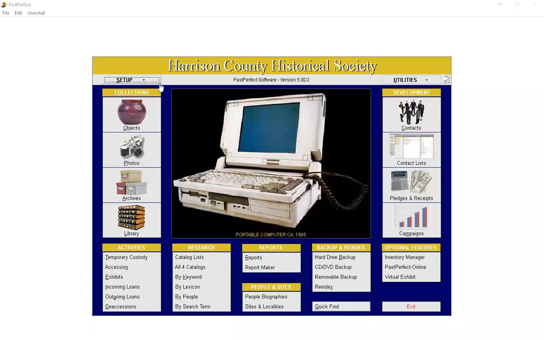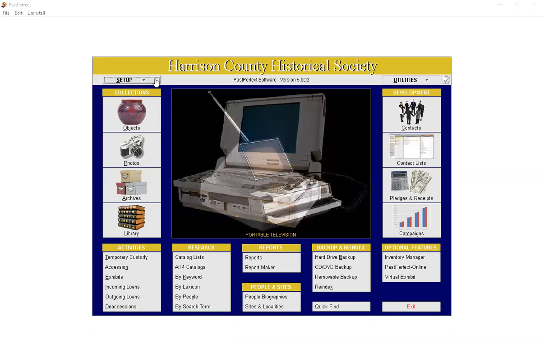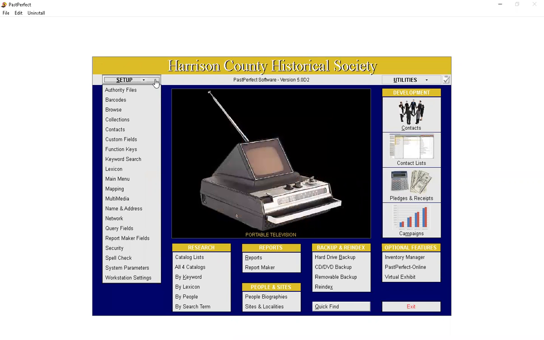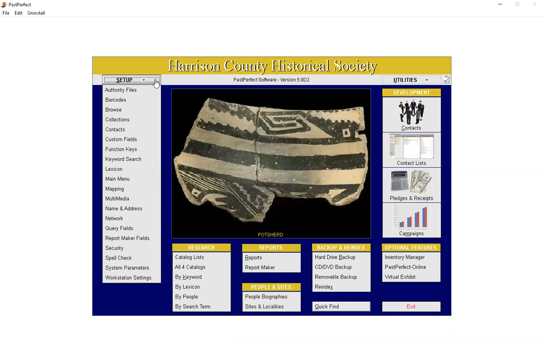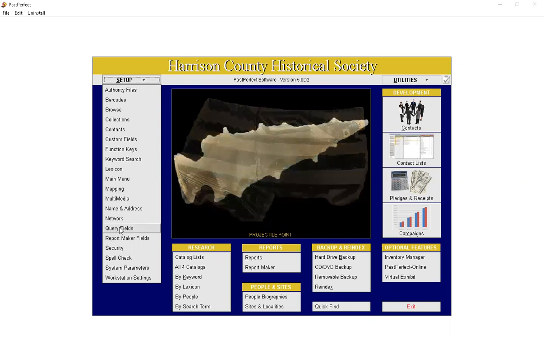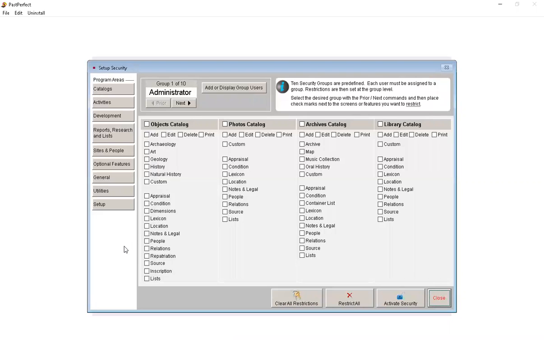So where I left off, you can put your own images in your slideshow if you want to. Also on this setup area, you can set up your security. If you have volunteers that work for you, you may want to designate certain employees or volunteers to have access to certain areas of the